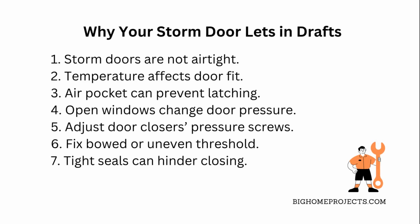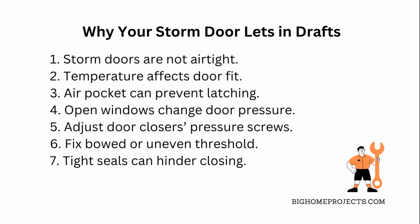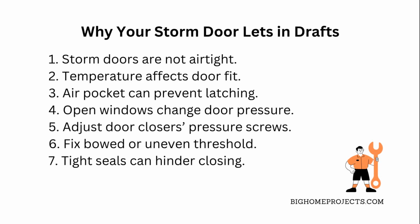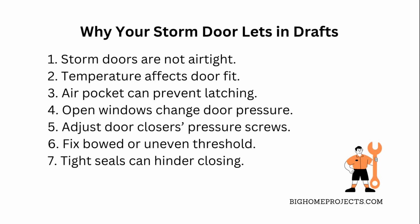Hot days and cold days can make the door fit a little differently because materials expand and contract. Third, when your main door is closed and you try to shut the storm door, it sometimes won't latch right away because of that air pocket between the two doors. Fourth, if other doors or windows inside your house are open, it can change the air pressure and make the storm door close weirdly. Fifth, it's super important to set expectations up front so folks know what they're dealing with